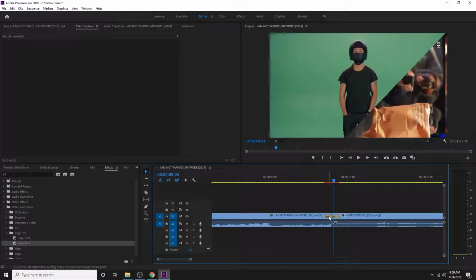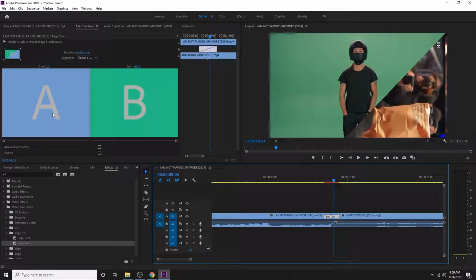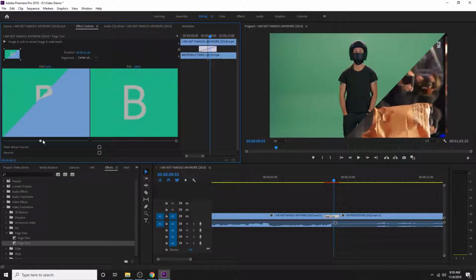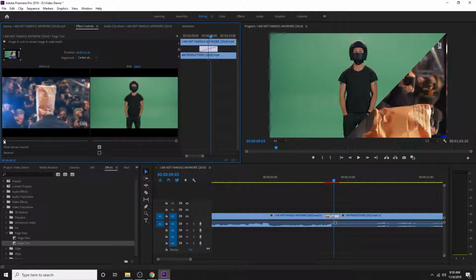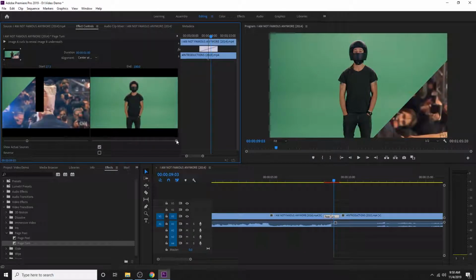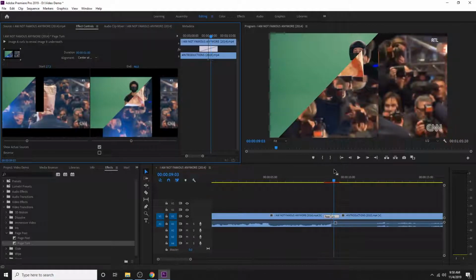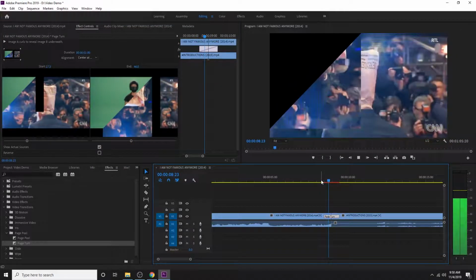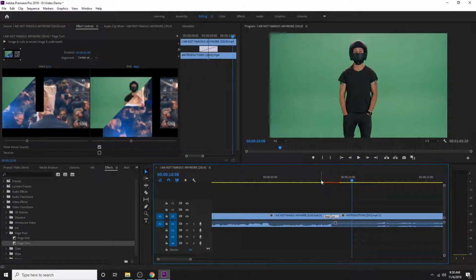So here there are going to be a few more options. If I click on this page turn, I can start the page turn earlier or later. Something to do would be check show actual sources so we can see what it will actually look like on our screen when we do it. We could start the page peel earlier, we could end it sooner, which I don't know why you would do that, but there are the options to modify